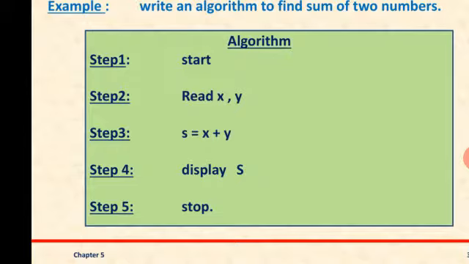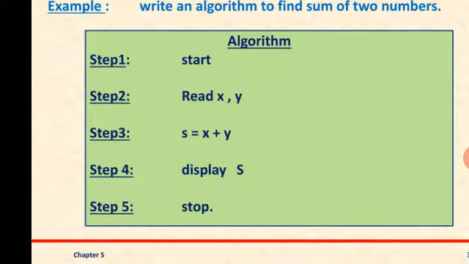Then step number 2. As I have told, understand what the requirements are to solve any problem. Here the problem is to find the sum of two numbers. Hence the requirement is we require any two numbers. We don't know which two numbers they are, so we have taken them as x and y. So I have written read x and y. What do you mean by read? Read means these are the input values. We require these values to find the sum of two numbers. They are unknown numbers, hence we have taken them as x and y.